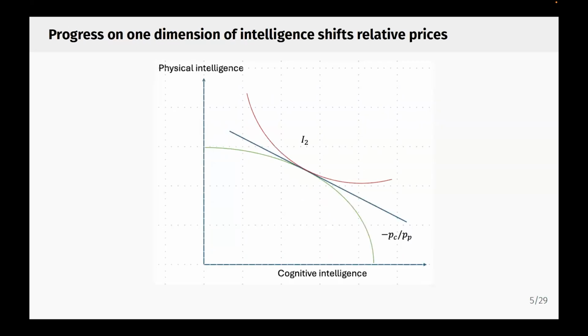Then the line rotates and your relative prices shift in the market for intelligence, whether you're buying from humans or from machines. And in the later stages of the project, when we do some simulations and build a quantitative model, that's the idea that I think will connect the intelligence to the economics, to your wages and so forth.